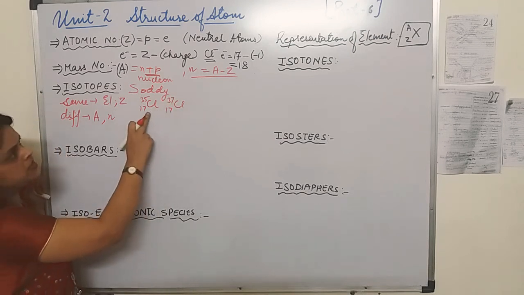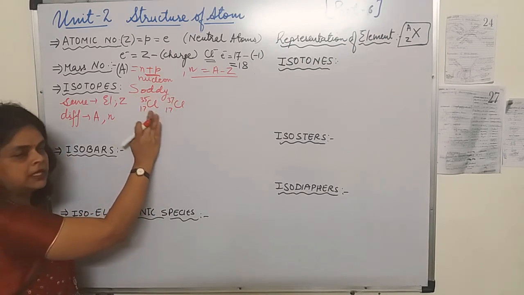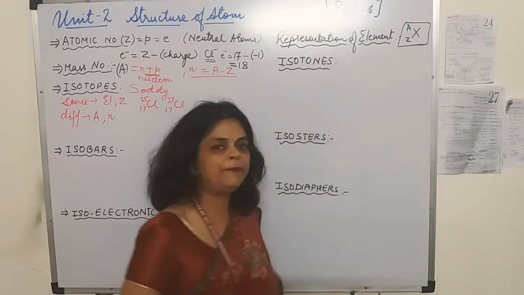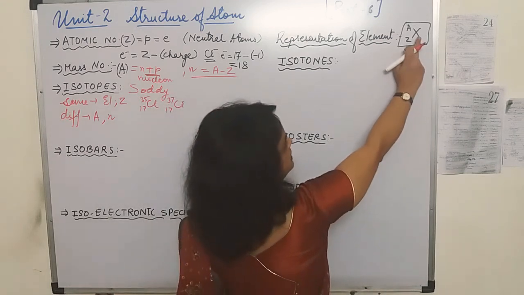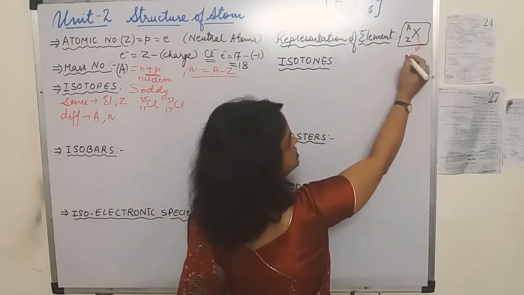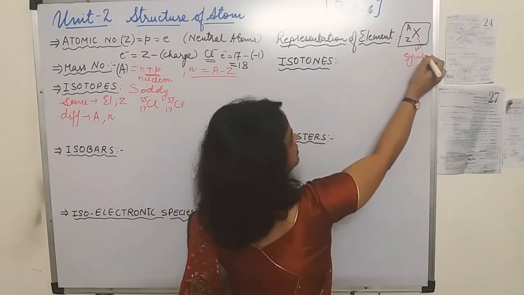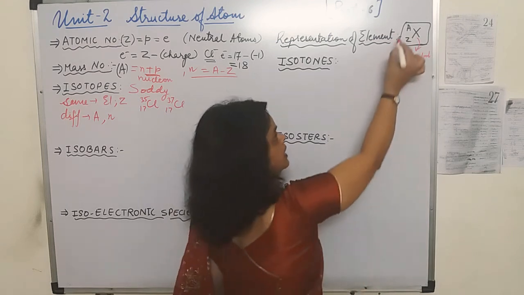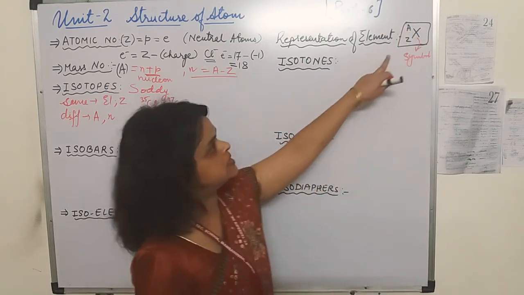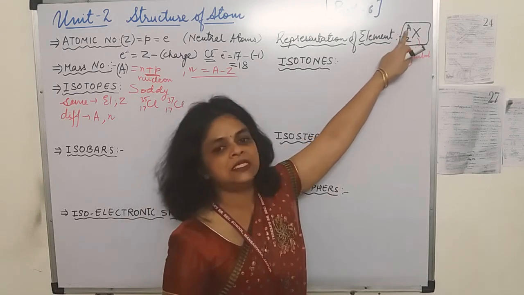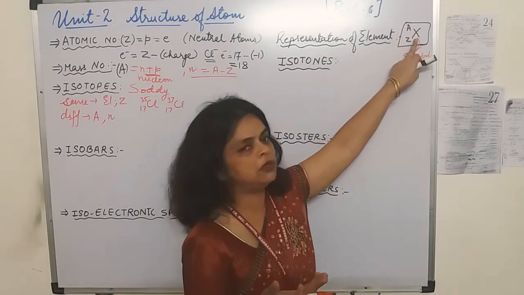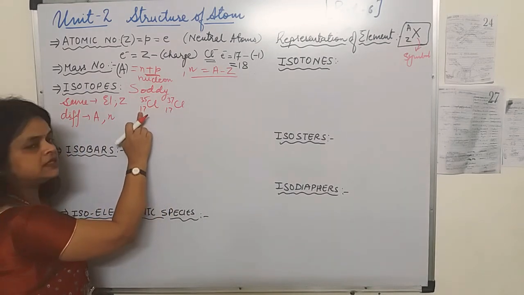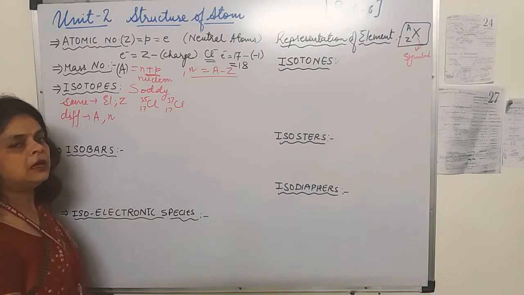See students, how I had written, for making it clear, I should go here, representation of element. How we represent an element? By writing symbol of the element. What is this X denoting? Symbol. This is the symbol of an element. This Z we had already discussed, atomic number, and A, this is the mass number. So Z is written in the subscript and A is written as the superscript of the symbol of an element. So I had mentioned it here, Cl symbol, 17 it is the atomic number and 35 is the mass number.